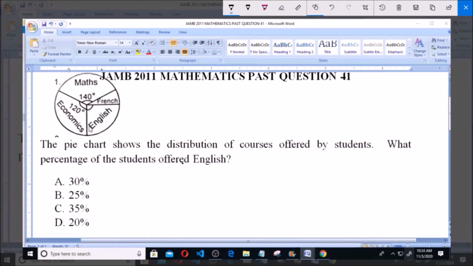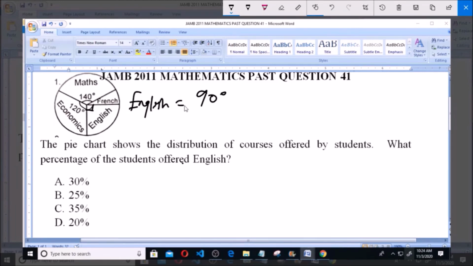Now looking at those that offered English, if you look at this way, looking at the division of this circle or this pie chart, you see that this is a right angle. This is a right angle here, representing what, 90 degrees. So those that offered English is what, 90 degree. For English is what, 90 degree. So now to get the percentage of those that offered what, English, we simply what, divide